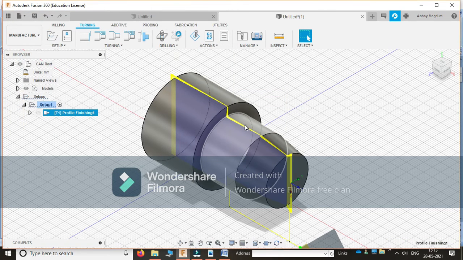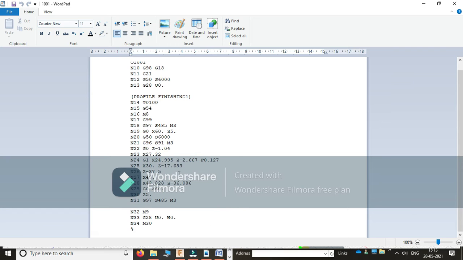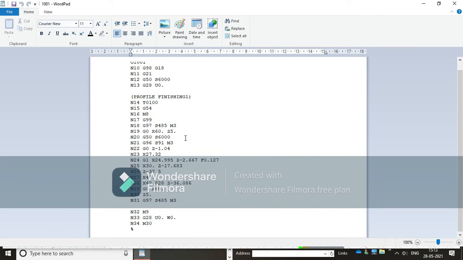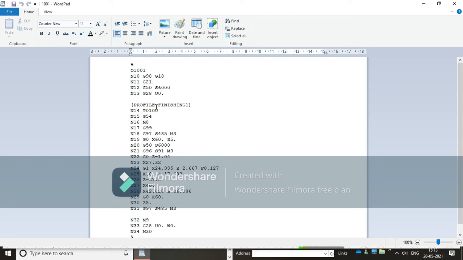Here you can easily observe the part program of this component. For the machining of this component, with the various dimensions mentioned, this program is suitable to carry out the machining on the CNC machine.